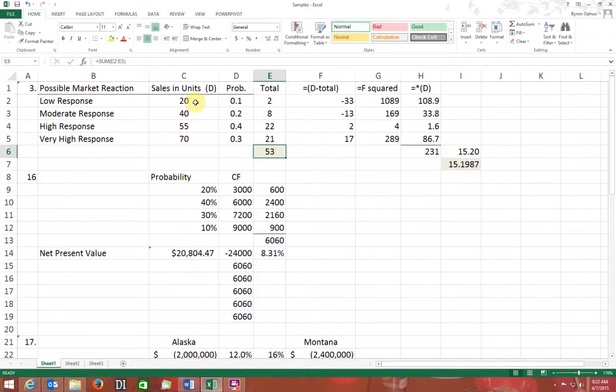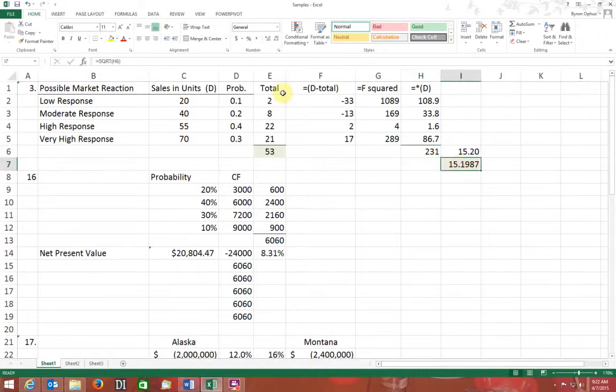Small problems like these, it's probably not as big a deal. When you get into bigger and lengthier problems, or lots more data is what I should say, knowing standard deviation, knowing how far away from the norm things vary, can be really important, right? It gives you levels of volatility and those types of things. So this number, by the way, is called the variance. I use that sometimes in stats, but here we've got standard deviation, which is simply equal to the square root